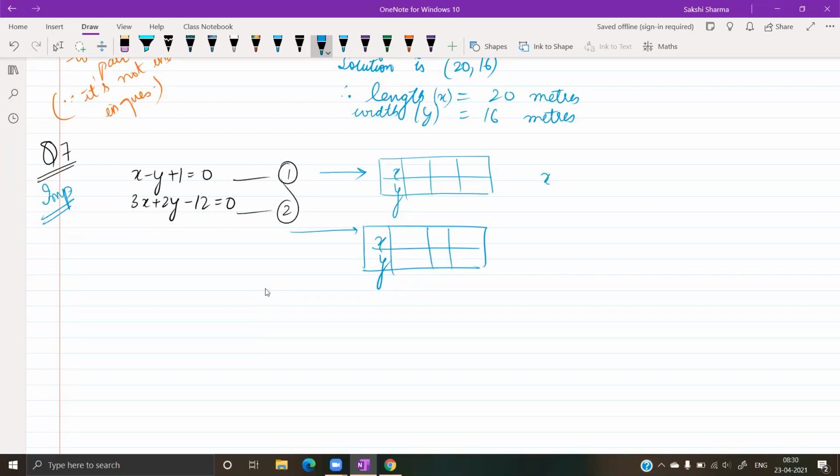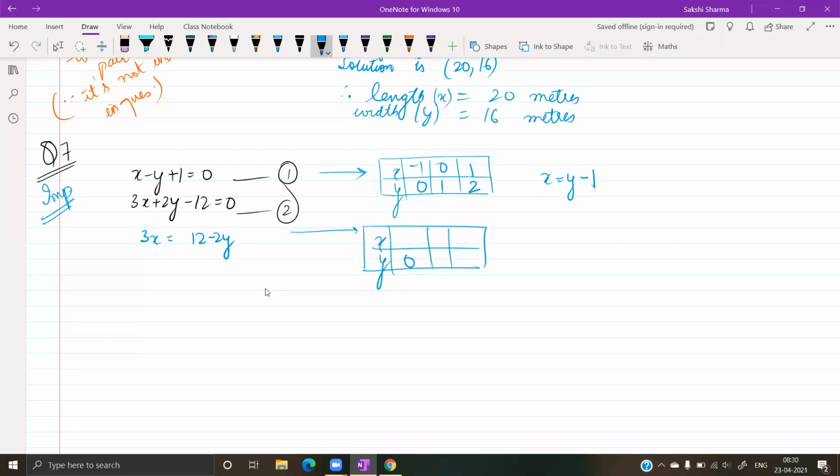So from the first equation, x comes out to be x equals y minus 1. So you can take 0, 1. Is that right? Then you can take y as 2, this can be taken as 1. So 1 and 2. Then for the other equation, we can take values accordingly.